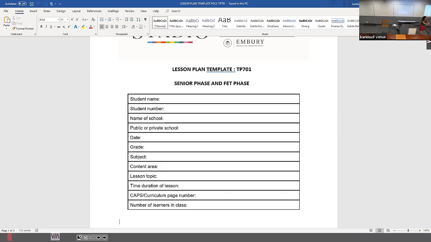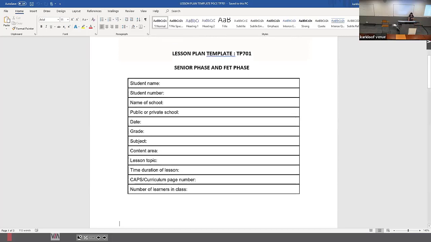You will notice if you go through your lesson assessment form that's on ECI, there is a criterion that says, is there a link between the curriculum and the core content in your lesson plan? Now remember, core content is knowledge and skills and values and attitudes, right? Okay, so if we go down to the next part,